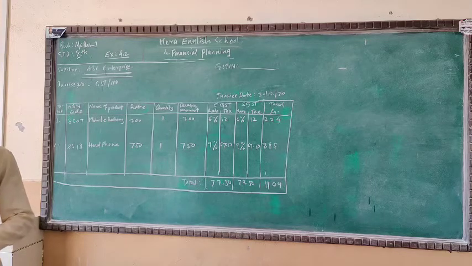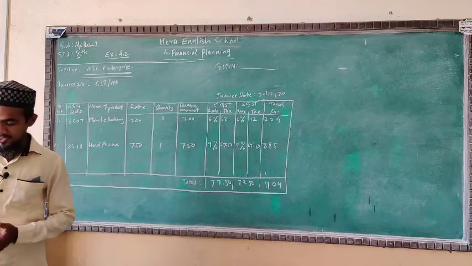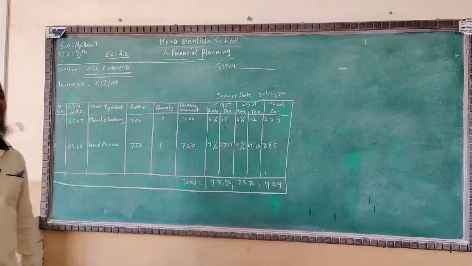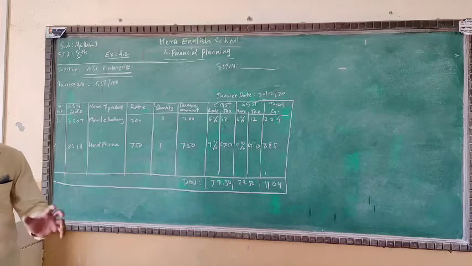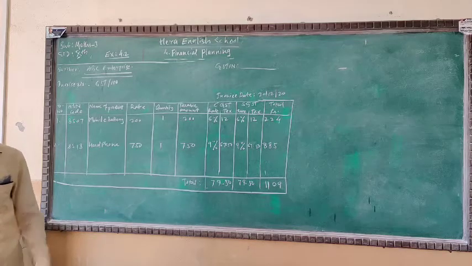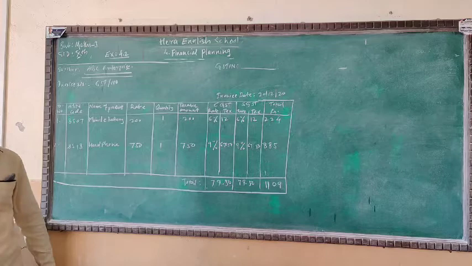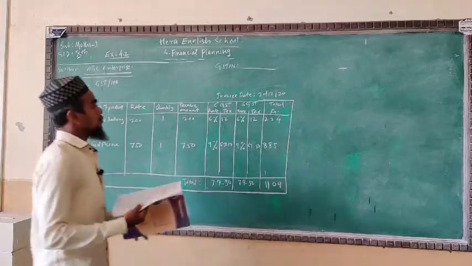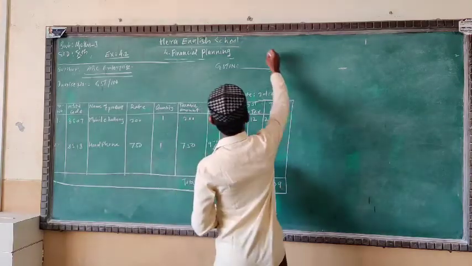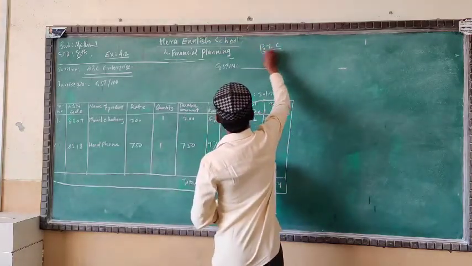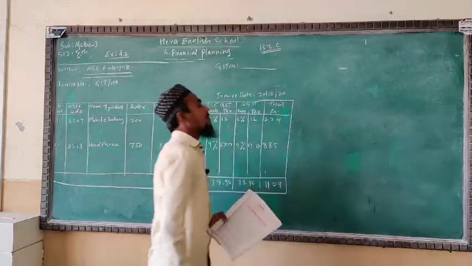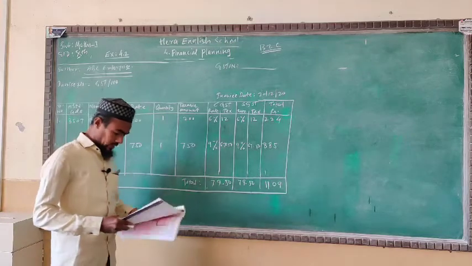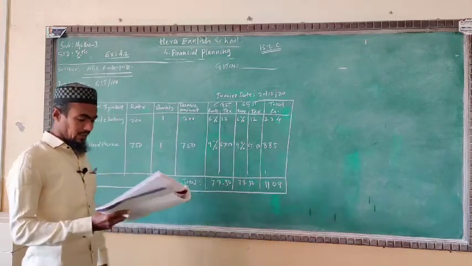Last time we completed exercise 4.1. Today we are going to start 4.2. In this exercise we'll see the first question, number 6. Here we are asked to prepare a business to consumer, called B2C, invoice. See very well, the question is given. I have solved the question on the board. Let's see very well, I am explaining it there.